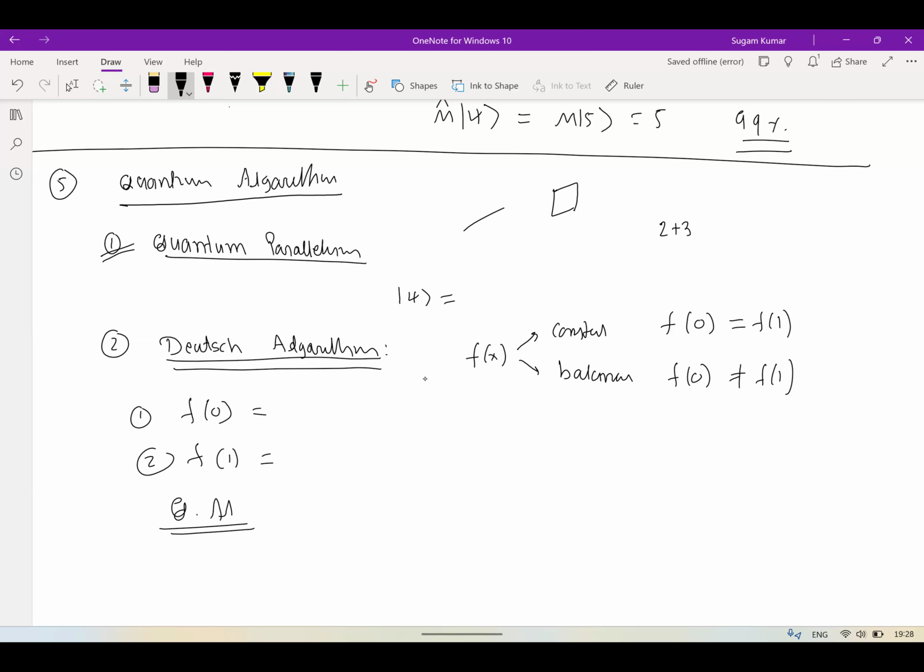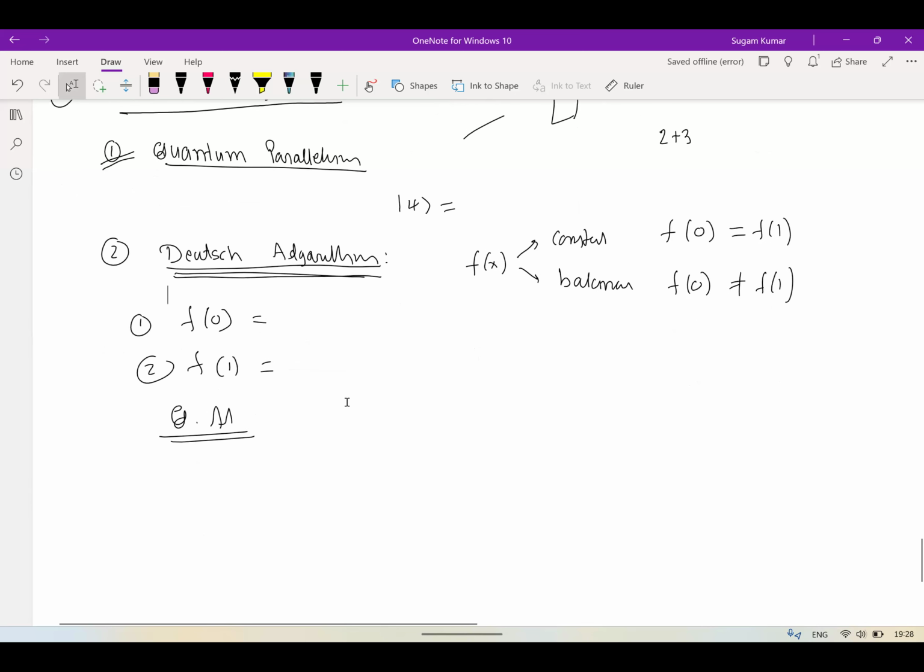How it is done will take some time to explain. Here again we will see the same things: we will create a superposition, and then we will create interference. Maybe I can take the example of real interference from the double slit and the interference taking place in the Deutsch algorithm. Then I think you will be able to make a proper analogy between these two systems, and see how this interference increases the probability of the right result. So this is the algorithm I would like to discuss in detail.